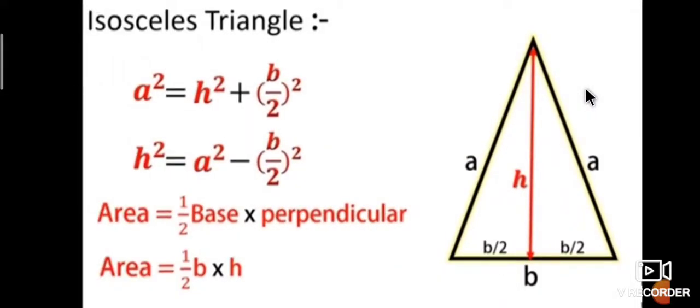Next one is the area of an isosceles triangle. The area of an isosceles triangle is equal to half into base into height. Okay, next one is